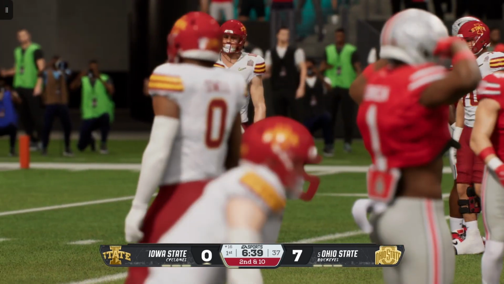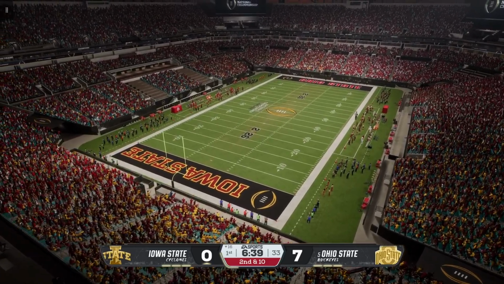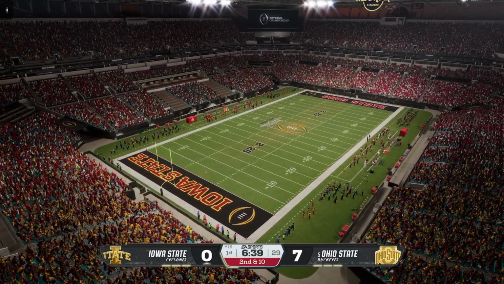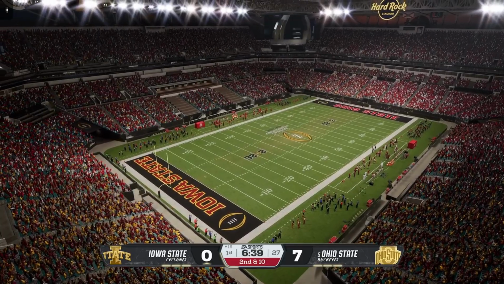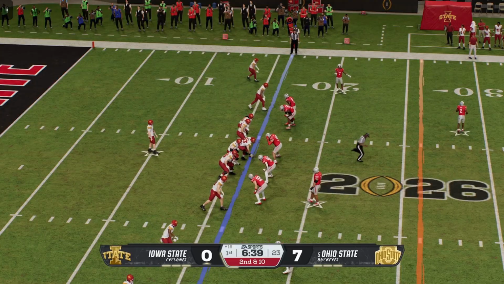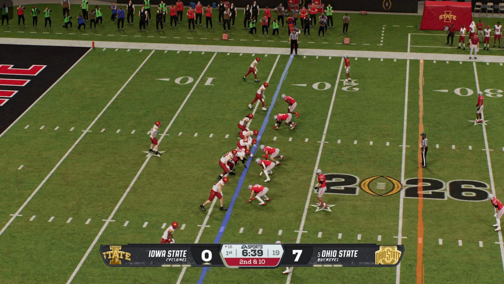Chris, I don't know if it's the hype of the national championship, the timing between the quarterback and his receivers, but they have not been able to get anything going at all here in the first half. And the problem is they're already down in this game. They've got to put the ball through the air and start hitting some passes, or there's no chance they come back and have a chance to win.